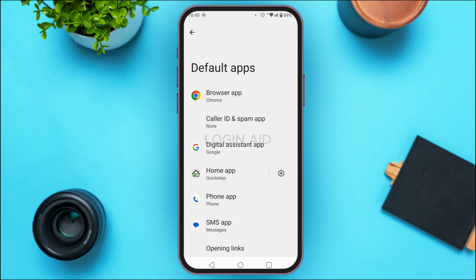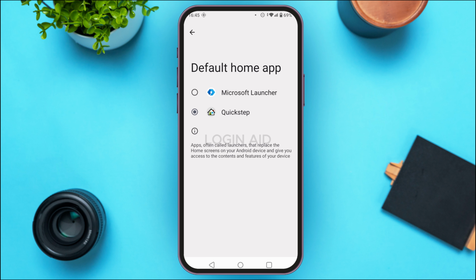Now you'll be led to the default apps interface. You'll be able to see the default browser app, caller ID app, digital assistant app, etc. What you have to do is find the option for home app. Once you find it, simply tap on it. Now you can see over here, you'll be led to this kind of interface. By default on the Android device, Quick Step is the default home app. So if you want to change this launcher, what you have to do is tap on the launcher that you